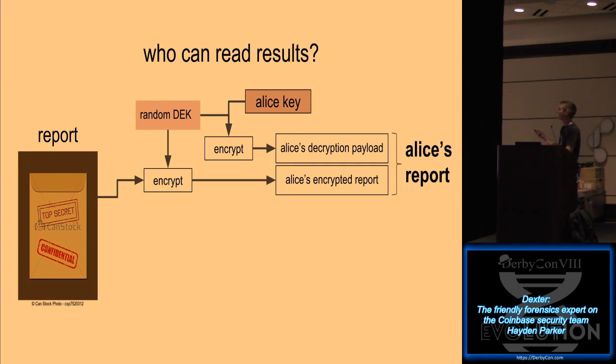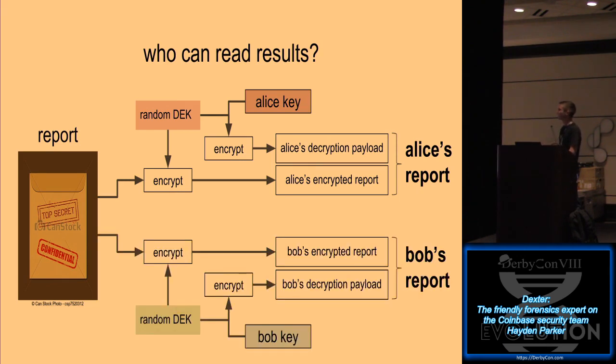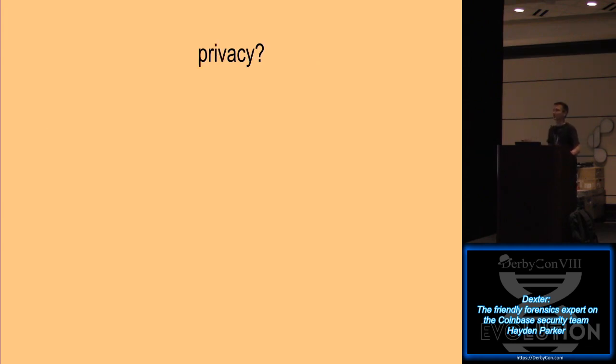So this is the mechanism by which we're going to get these reports back to the investigators in an end-to-end encrypted way. This happens on the daemons that do the collection, right? And then it's not able to be read until we get to the host where Alice is. And we can do this for each investigator who's allowed to read it, right? So a different data encryption key for Bob. So there's some separation there.